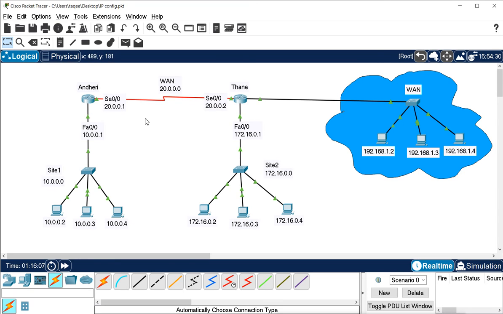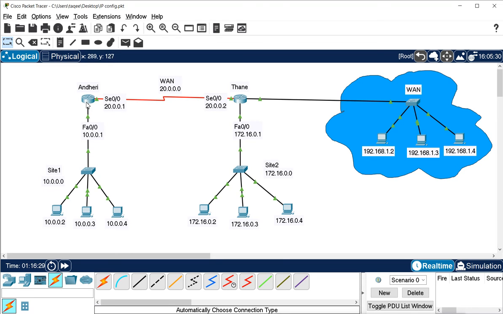But if you don't know the first hop address, then what will you do? You will configure the outgoing interface. So instead of giving the first hop address, you will give this serial interface name, because this is the interface from where you can go out for that network. So I will do what?